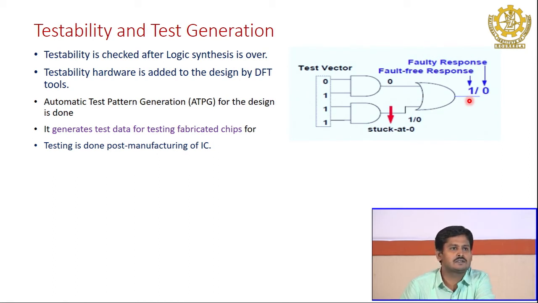While fabricating, there is a chance that some masking is done in an improper way because a machine is doing everything. So there may be a chance that this particular connection, or you can say the interconnect between the output of the AND gate and this OR gate, instead of being a floating node, where whatever input comes it should change the output, which is the property of a signal, is by chance connected to the ground of the IC. That means it is connected to 0. Those faults are called stuck at 0, understood.